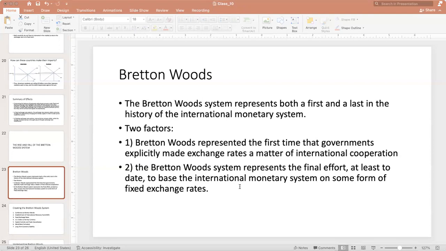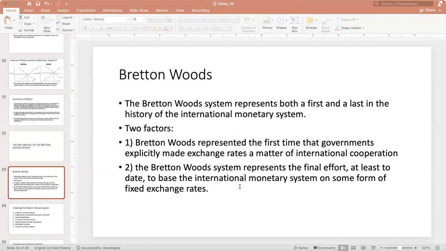The Bretton Woods Conference in 1944 brought together representatives from 44 countries who recognized the need for a more structured approach to exchange rate stability. They aimed to establish a system that would foster economic growth, promote stability, and avoid the devastating economic turmoil experienced during the